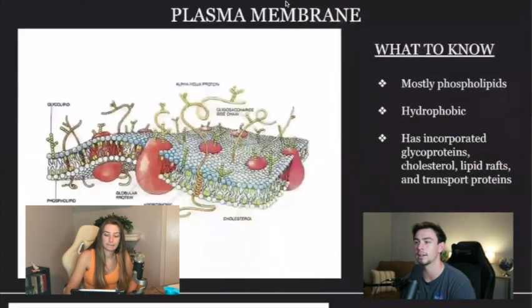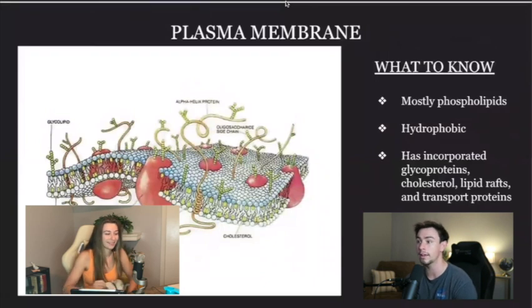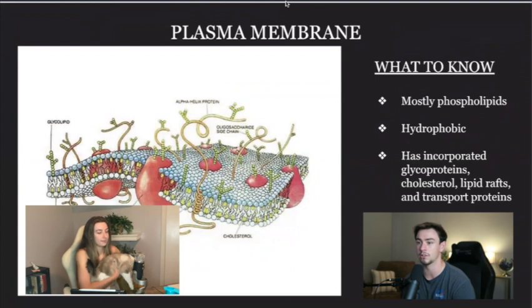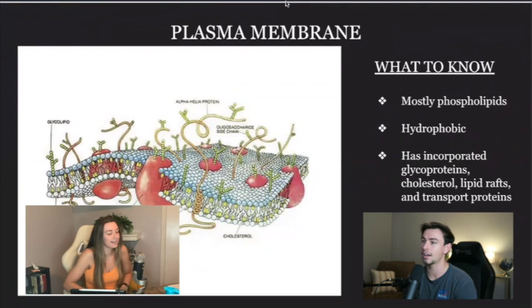So that's a good segue into what you want to know on the plasma membrane. Part of it is the composition. You need to know what the plasma membrane is made of, and mostly it's kittens. No, mostly it is phospholipids. You're going to see a lot of lipids